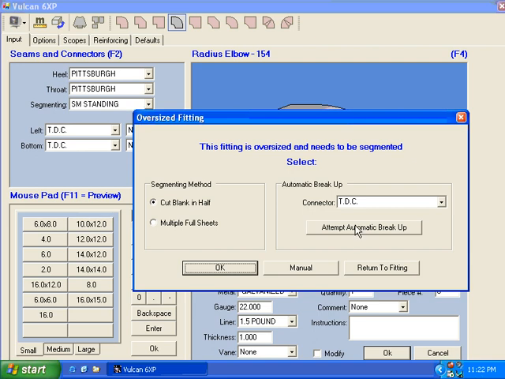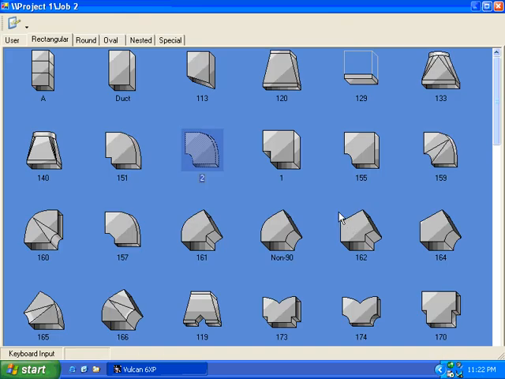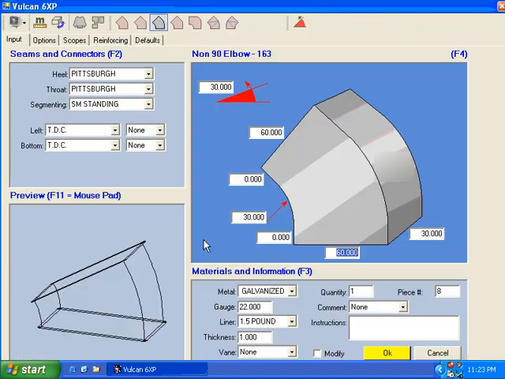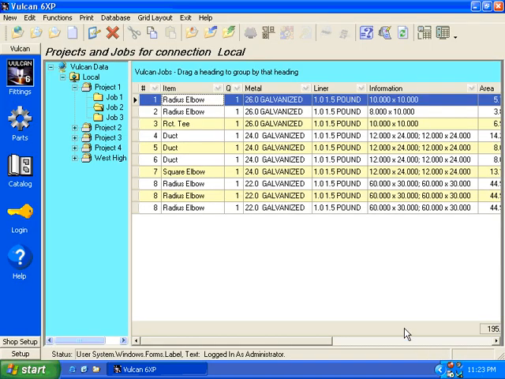So if I say attempt automatic breakup at this point, then it will attempt the automatic breakup, and if I look back at the grid, I will have 3 radius elbows and there'll be 30-degree elbows with the same openings. That's a new feature in version 6. It's called automatic breakup of radius elbows. At this point, that concludes